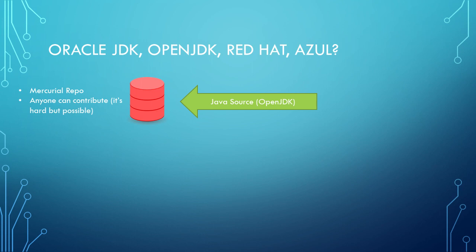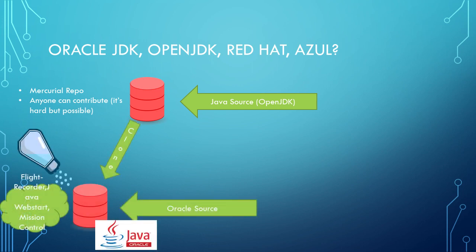Now, the thing that Oracle has done for the longest time is clone the OpenJDK source and add some flavoring to it. If you're using Java 8, you might have heard about Flight Recorder, Java WebStart, and Mission Control, which used to be the secret sauce that Oracle added to their commercial JDK. So when you actually pay for an Oracle license, you pay for the usage of these things. Now that has been changing a little bit,